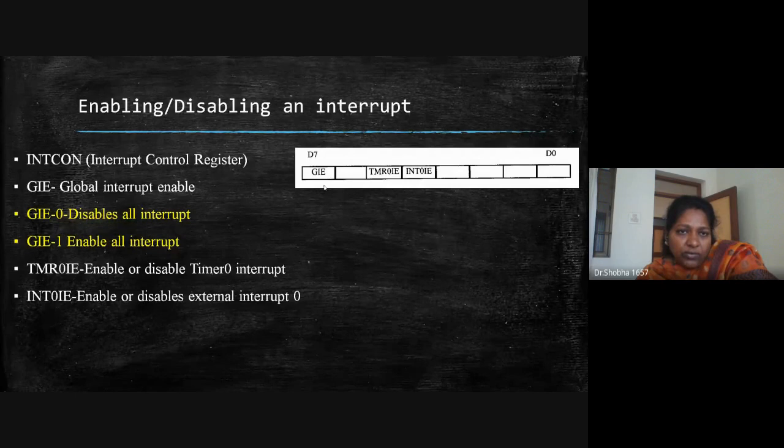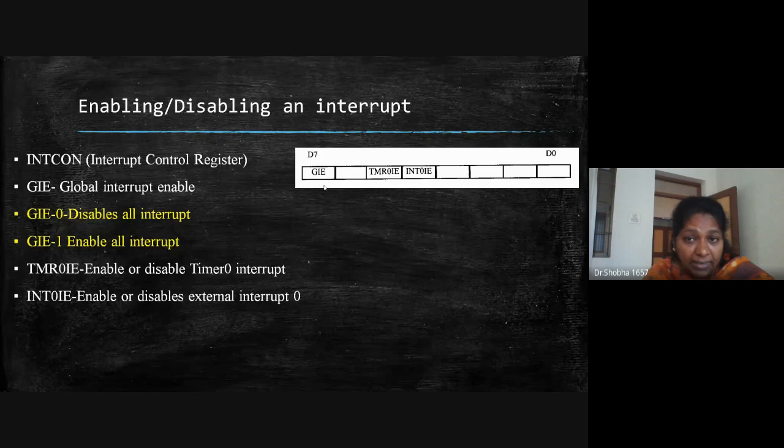Then what should you do to use an interrupt? So first thing, you have to take this interrupt control register and you have to enable the first bit, that is D7 bit. That bit is to enable all interrupts or to disable all interrupts. Okay, this is a global bit. So only when it is 1, you can use any of the interrupts.